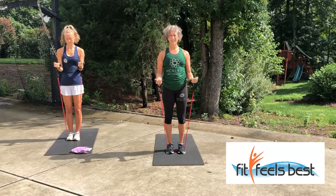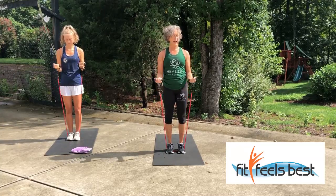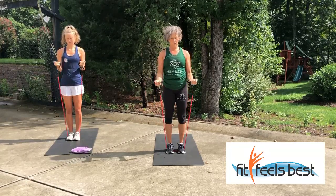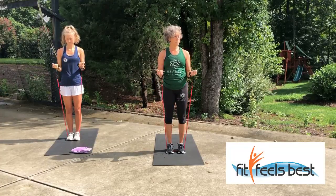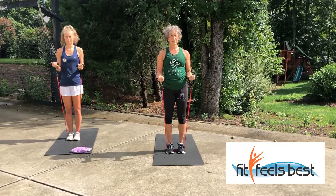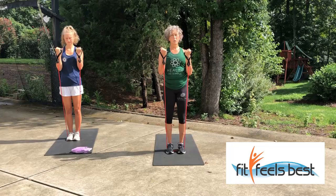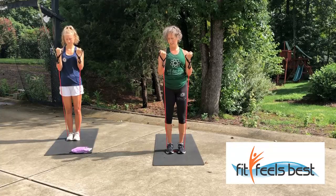So I'm not squeezing my elbows in, but I'm not pulling my elbows back. They're staying right by my sides. Pull it all the way up and hold it. We're going to go halfway down and up. Here we go. Halfway and lift. Halfway and lift. 6,